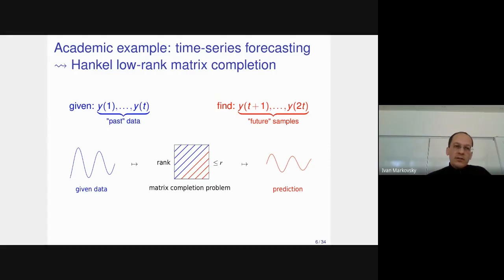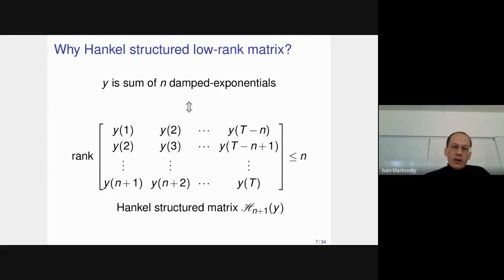Under what conditions this completion is unique is a theoretical question that is very important, and this is the basis of the theory behind these direct data-driven techniques. So why do we do this transformation to a Hankel matrix? Why do we put the data in this specific form? The reason is this theorem that